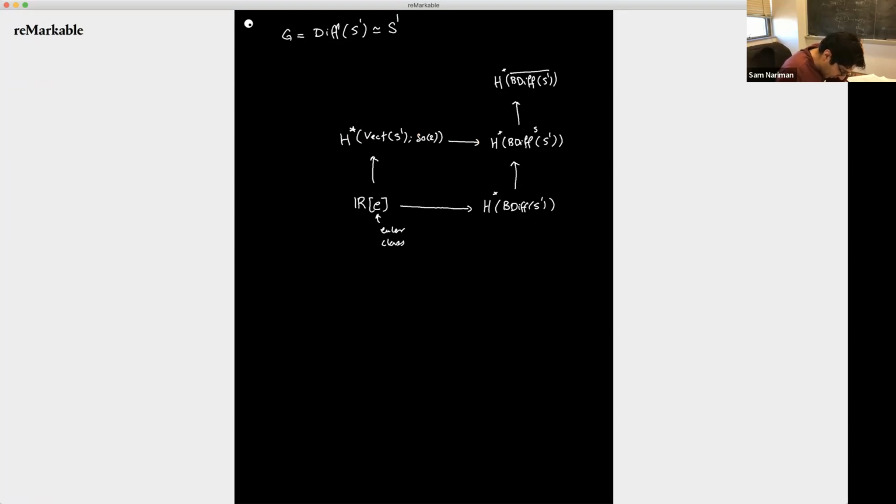So Vect of S1 is the Lie algebra of Diff, and this S1 is the maximal compact subgroup. Here is the continuous Lie algebra cohomology in this infinite dimensional setting, and here is the absolute Lie algebra cohomology of Vect of S1 to here,